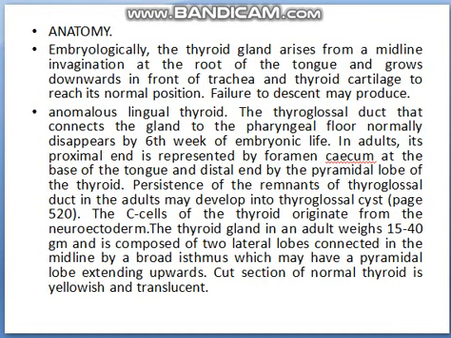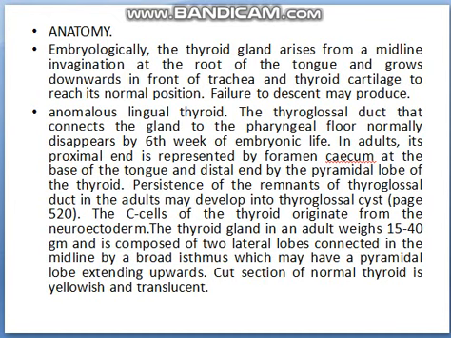In adults, its proximal end is represented by the foramen cecum at the base of the tongue and its distal end by the pyramidal lobe of the thyroid. So now it is all about how the thyroid gland is situated and what the surrounding anatomy of the thyroid is. If the thyroglossal duct remains in the adult, then it is known as a thyroglossal cyst,